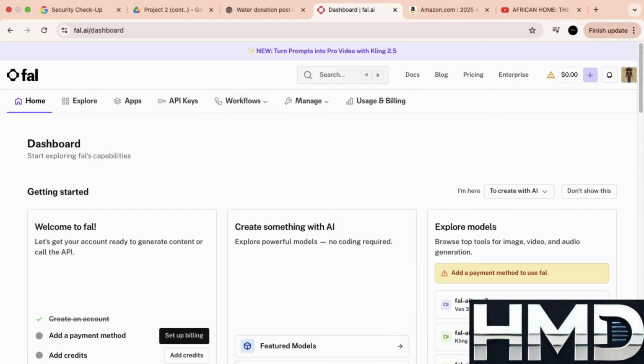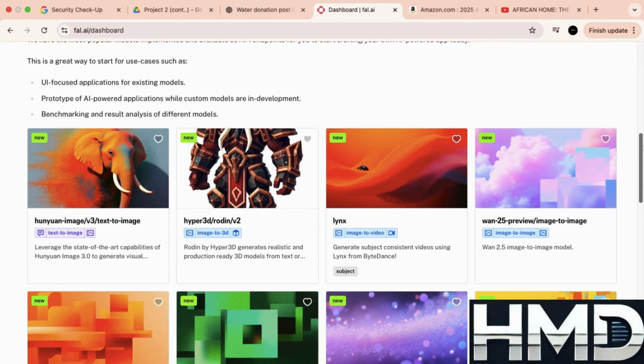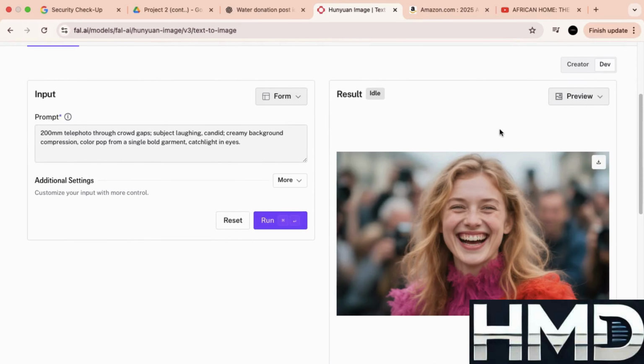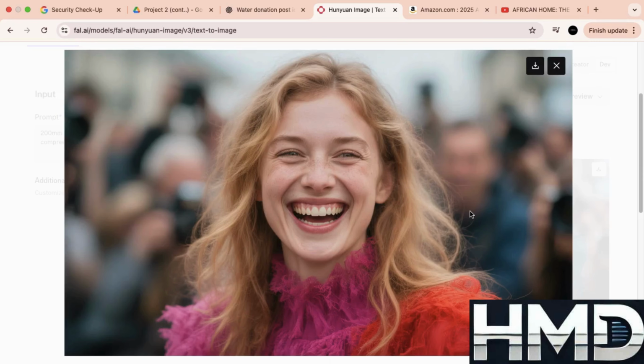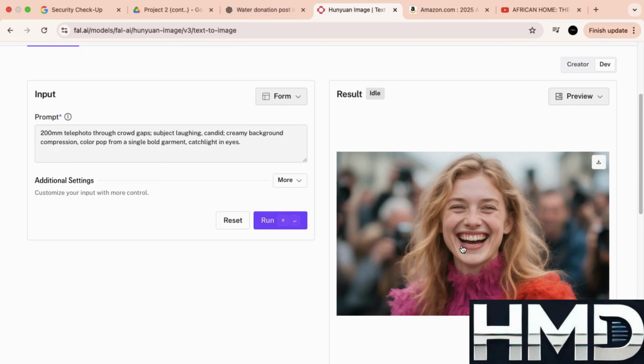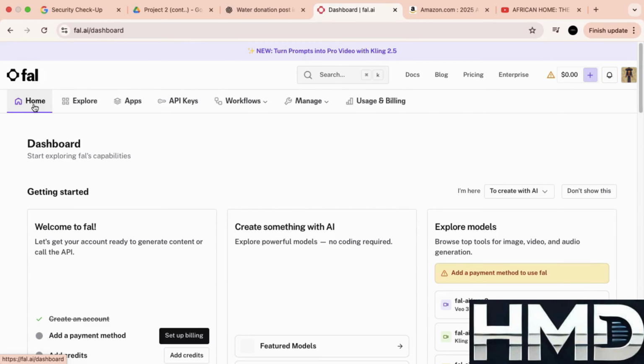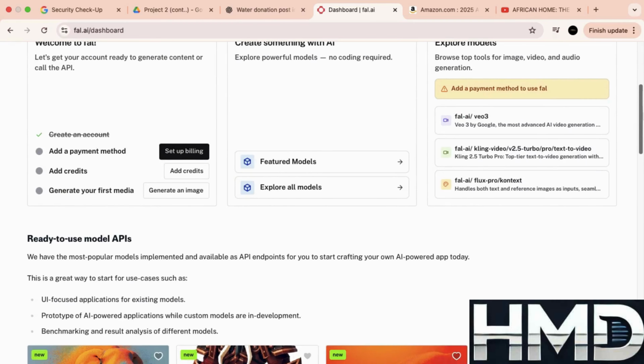Fal.ai is best suited for developers and enterprises who prioritize speed, reliability, and scalability over cost. If your project demands ultra-fast generative media without the burden of managing hardware, Fal.ai delivers. But if budget is your main concern or you need highly customized, detailed training, you may want to compare it